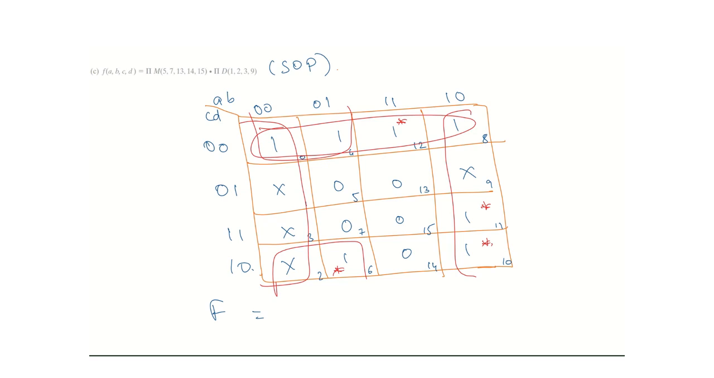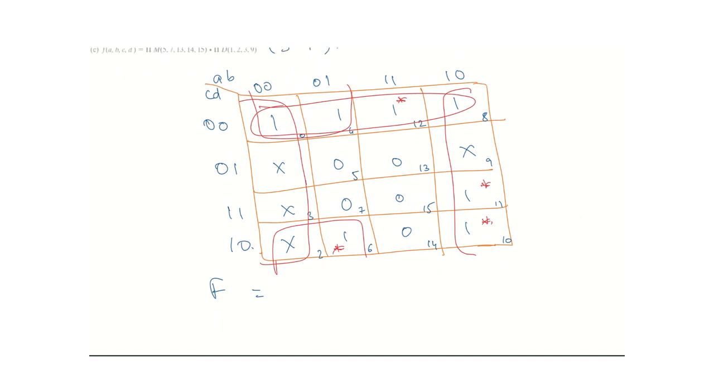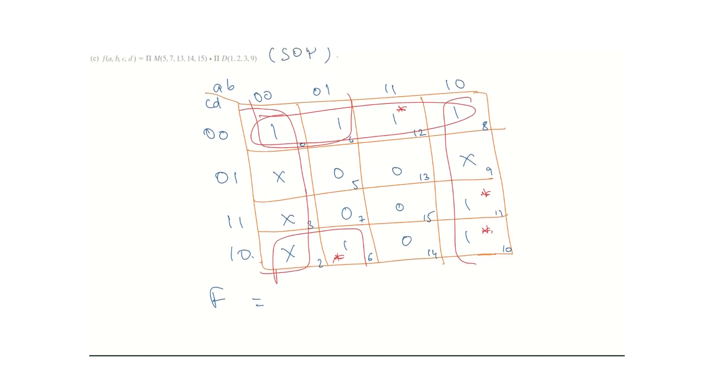So let's write the function for this. In this case, B bar is the only one which is constant, so the rest of the variables are changing. So this could be B bar plus, in this case, C bar D bar is there, and AB is changing from 0 0 to 1 1. So I'll write C bar D bar